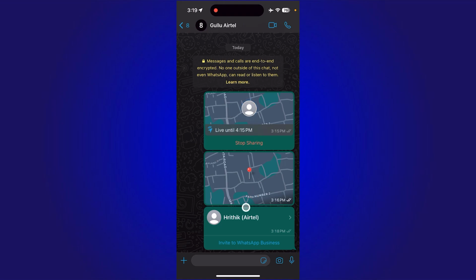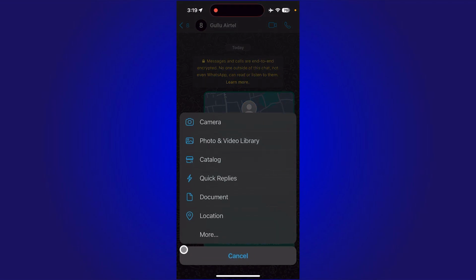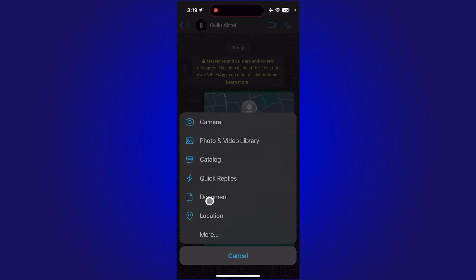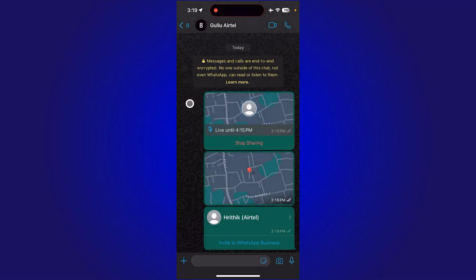And this works for both Android and iPhones, but in Android, this interface will be a bit different. There will be no plus button, there will be a different button, but the contact button will be there as well. So yeah,